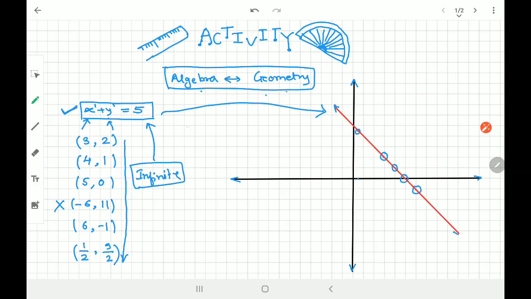And let me tell you, that's the reason this is called a linear equation, because this equation gives you a straight line. So this algebra is going to give you a geometric figure, which is associated with the straight line, right? As it is a straight line, we call this equation a linear equation. Considering this as a linear equation has two reasons. One is degree 1, power 1, and second, when we draw the graph of it, when we draw a geometric figure of it, it is going to be a straight line.